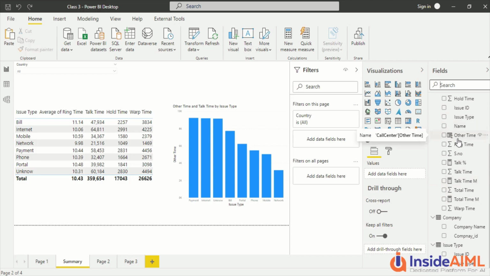So that would be equivalent of other time, but what you do is total time minus talk time, and call it remaining time. Okay, and then create a percentage for remaining time. The first one you have to create as a column, and the second one you have to create as a measure: remaining time percentage, sum of remaining time divided by sum of total time. That's what you have to try out. Now go ahead and try this out. Pause this video here, try it out, and once you are done, come back and see me doing the same exercise out here. Are you able to do it or not?